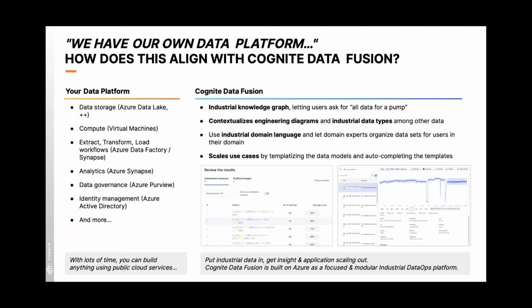And with lots of time, you can, of course, build anything using public cloud services. But with Cognite Data Fusion, we're specifically focusing on a couple of key capabilities that are hard to come across in a public cloud context, at least in the foreseeable future. And one is a proper industrial knowledge graph. The other one is the ability to really contextualize all of the IT, OT, ET data together, as well as